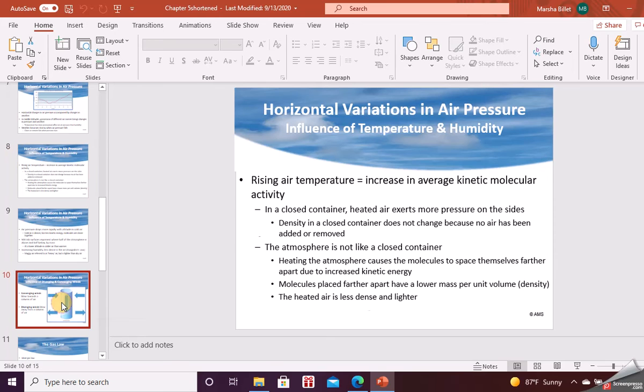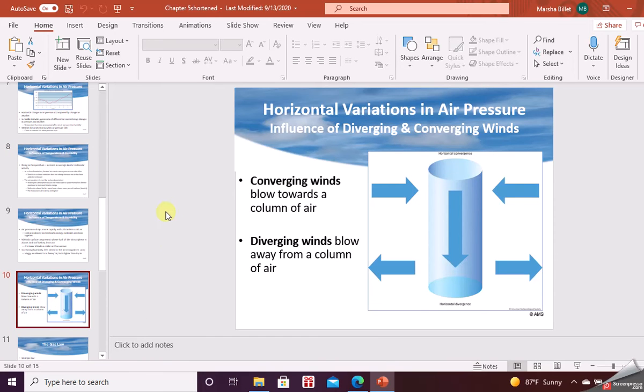There are other things that change air pressure. One of the things about the atmosphere, we talked about it being a fluid. So if I push winds towards each other, like the palms of your hands, that air is going to tend to either go up or down, depending on whether I did it at the bottom of the atmosphere or at the top of the atmosphere. The higher up, if I push winds together, the air is going to want to sink. If it's sinking, it's accelerating downward, so it's adding to air pressure. The air pressure would tend to be higher.